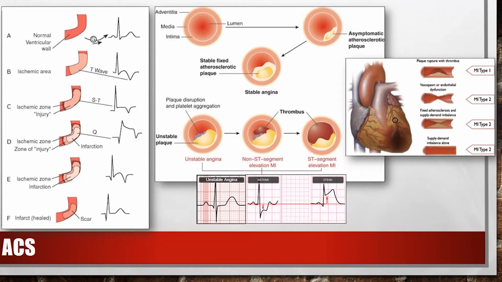Okay, this is exactly what I just described to you as to the development of these plaques. So you have the asymptomatic fatty streak, you have a stable fixed streak with those angry cells firing away in there, and then you rupture that plaque, you start to form this reaction, this platelet clotting reaction. If you partially occlude the vessel with a thrombus, that's non-ST elevation, and once you've fully occluded the vessel, you must open it right then. There is no residual blood flow supplying the heart. Okay? Okay, very good. There are a couple of types of MI.